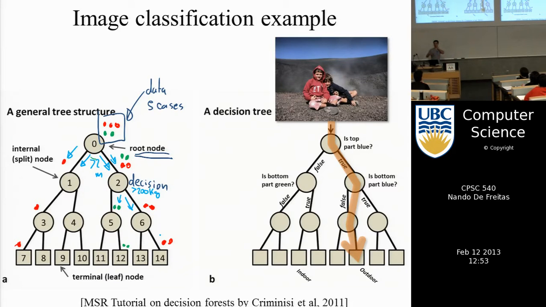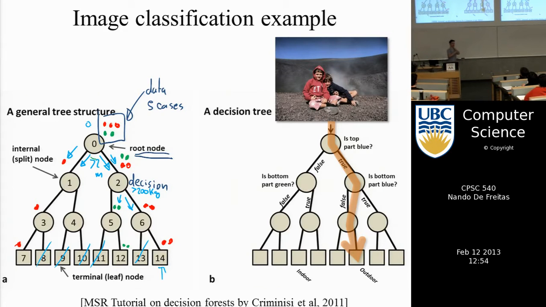And we will talk today about how we construct such a tree, just from data. But assuming that you had a tree, this is what you would do. You would be splitting the cases, and then some leaves would be empty, like these leaves. But for the leaves that have cases of one class, you would know that if you had a new point that you don't know whether it's green or red,